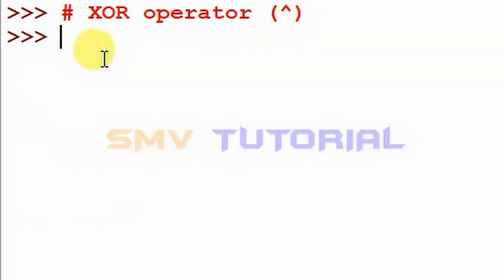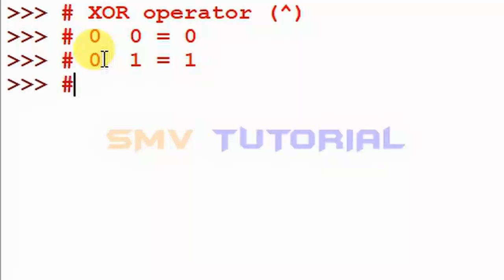Next is the XOR operator. It has 4 conditions: 0 and 0 is 0. Next, 0 and 1 is 1.